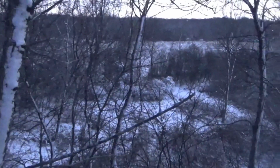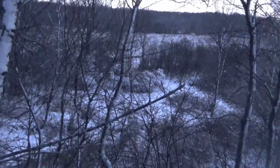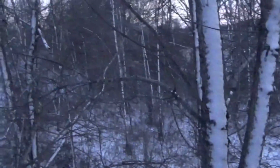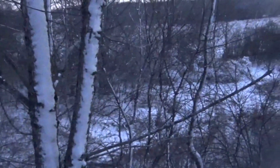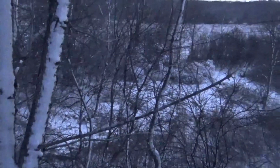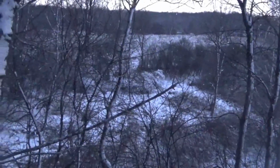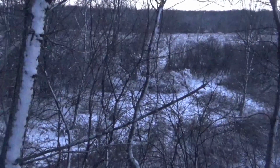Because I literally just saw those coyotes come from there and I've just seen deer in this field like crazy. I know there's tons of coyote dens on this hill here. And this is like an awesome area to deer hunt, so I don't really think they get spooked by the coyotes too bad. I think human scent spooks deer and coyotes way more than